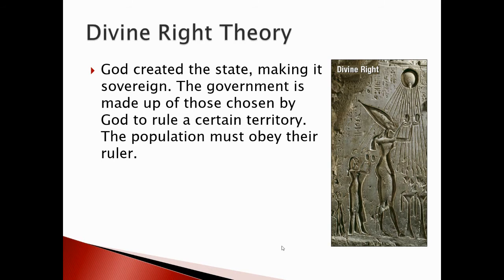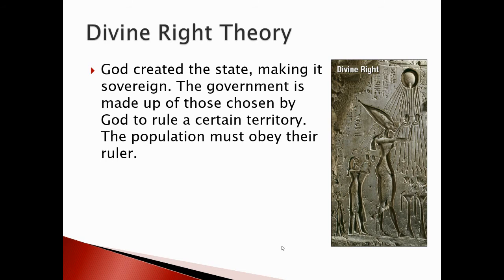And so the commoners were basically bound to obey the ruler as they would God, because the ruler was the representative of God on earth. And so therefore, if you opposed the ruler, not only was it a crime under the system of government, it was also a sin. So you were caught within a double whammy of sorts. And so you kind of think of it like a theocracy, a government that's founded on religious principles where you can't separate the government from the religious aspects of it.